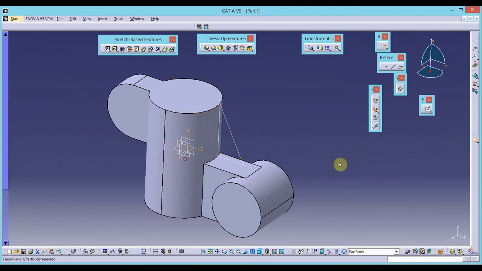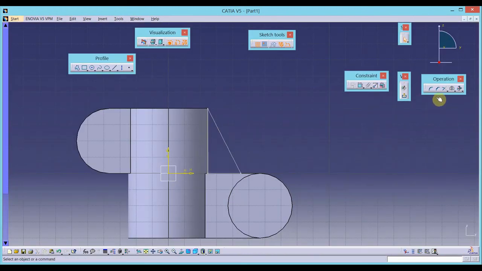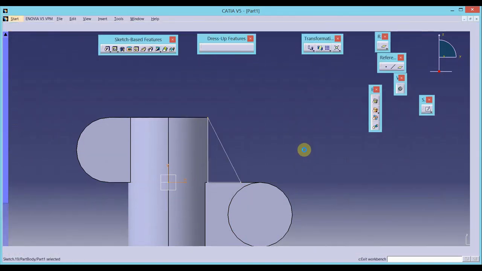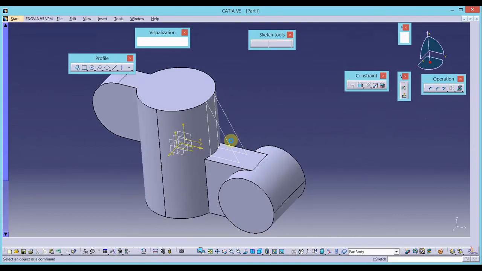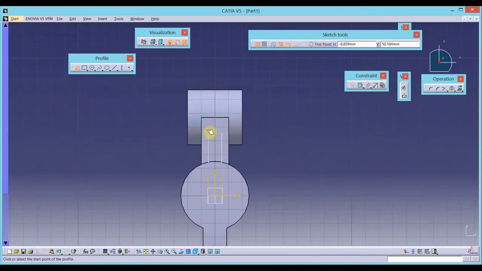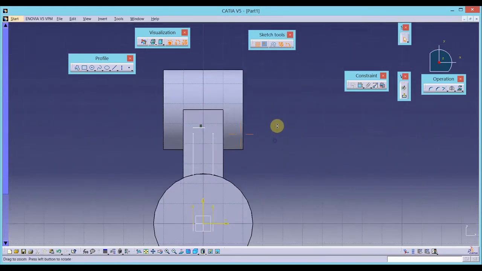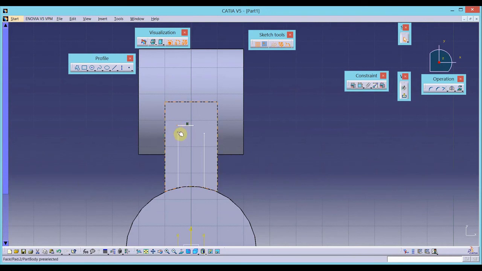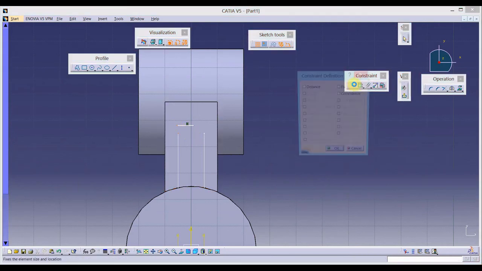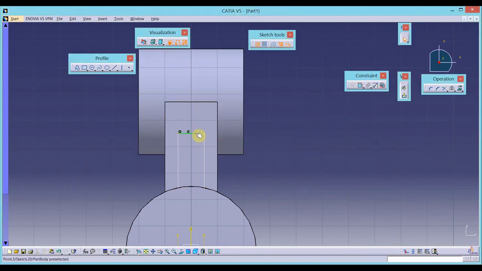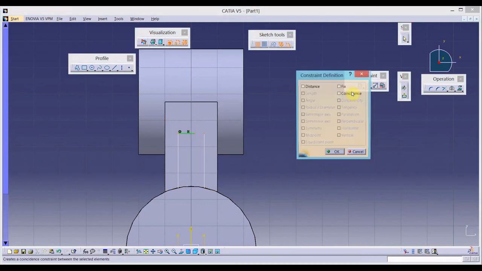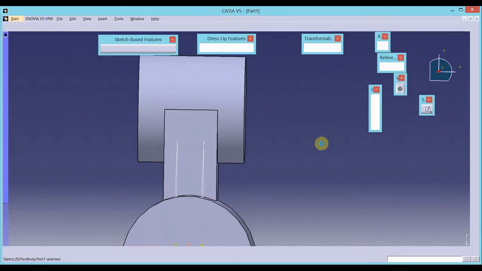Now select another plane we have created as the sketch plane. Select sketch tool, go to operation toolbar, and from there select project 3D elements. I will project this sketch on the selected plane. Done. Select this as the sketch plane, sketch tool, create one line, so coincide these 2 points and then these 2 points. Done. Exit the sketcher,